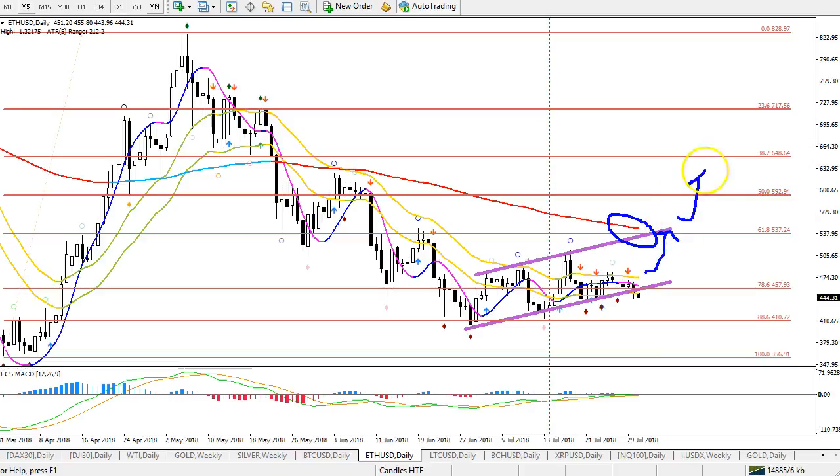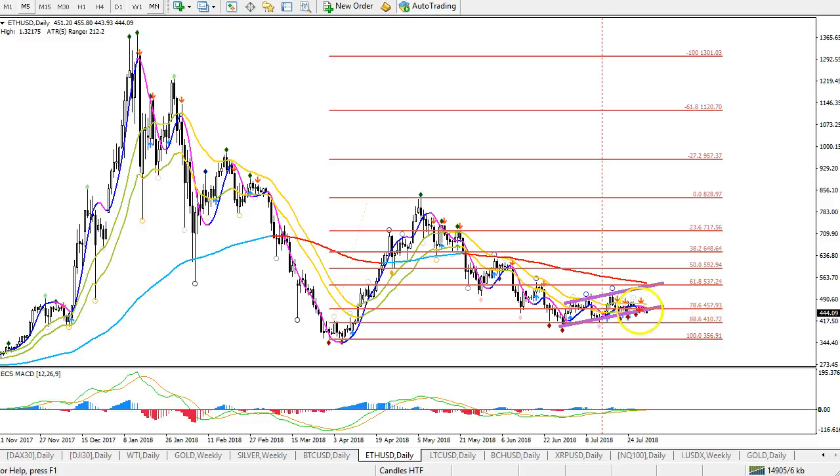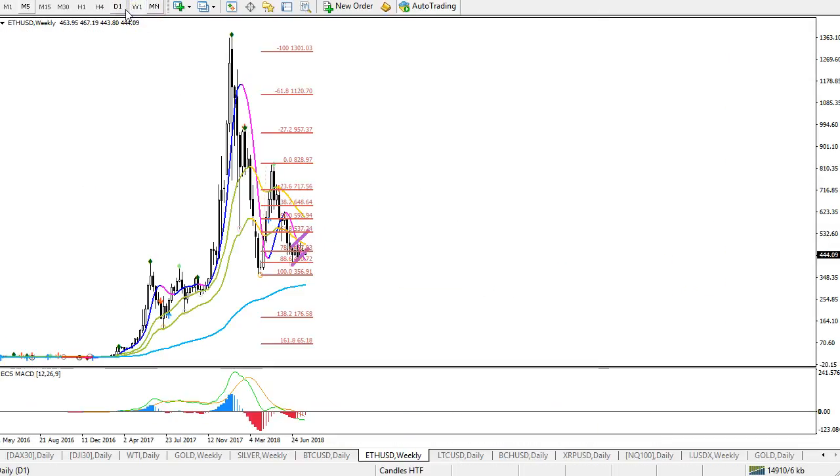But eventually Ethereum will have to break above the second resistance zone before we can see a sustainable, mature trend. That's the word I'm looking for. Otherwise, we don't know if this is still just part of the correction or if it's finally making some good upside and not just some sideways correction and sideways flag.